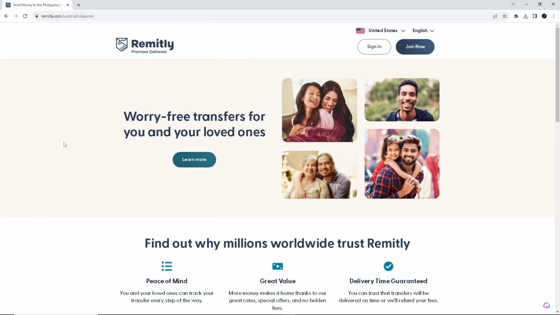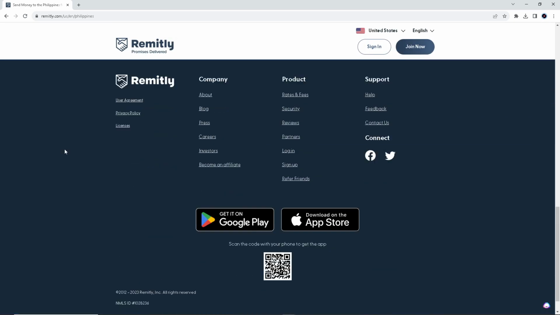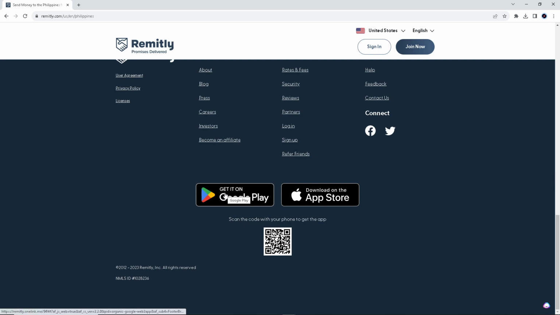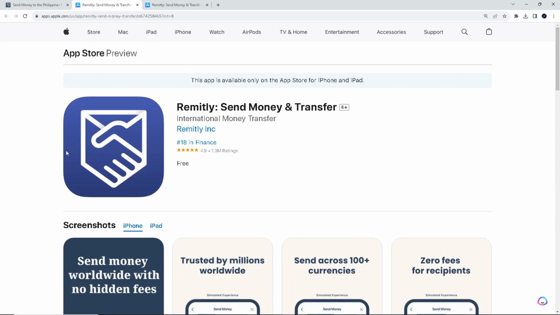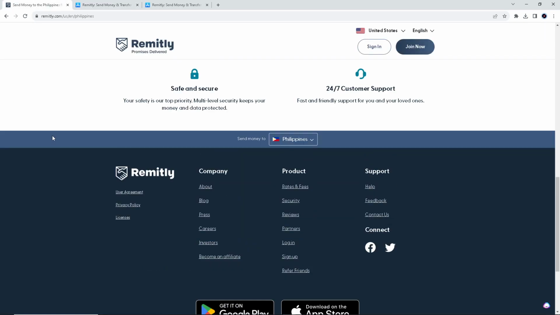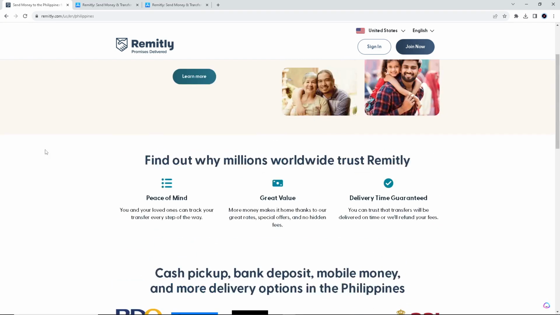Or the next method is to simply go down below and download it on your mobile device. Get it on Google Play Store for Android devices, or for iOS devices, go to the App Store, right? And once you've done that, log in using your credentials, and you will be able to sign up for Remitly